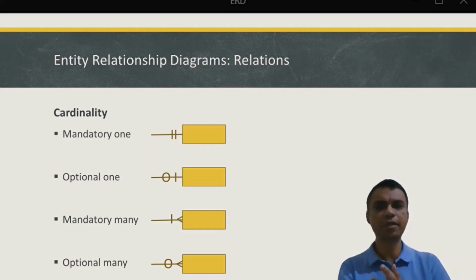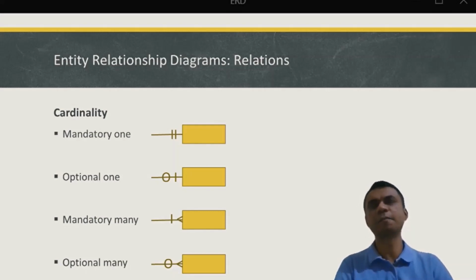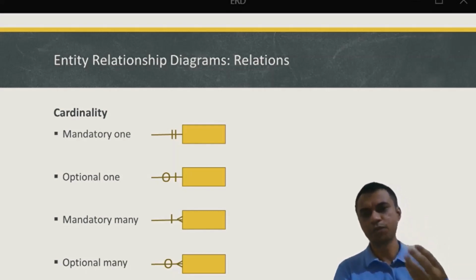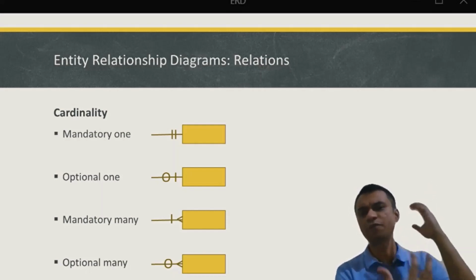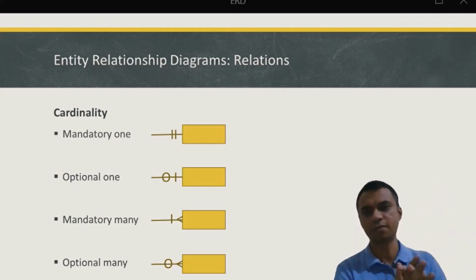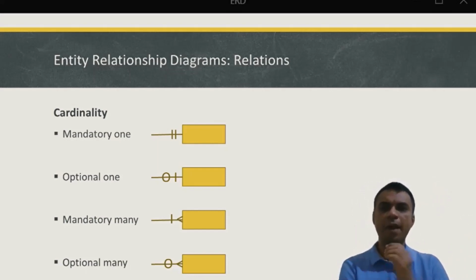Mandatory one means that entity has a relationship with something. Of course, whenever we say relationship, there has to be something which is involved. It's a mandatory relationship and it is a 1:1 relationship. So I can give an example of a child and a mother. Every child mandatorily has one mother and it's only one mother. You cannot have multiple mothers, I mean, normally speaking. So that's an example of a mandatory one cardinality.